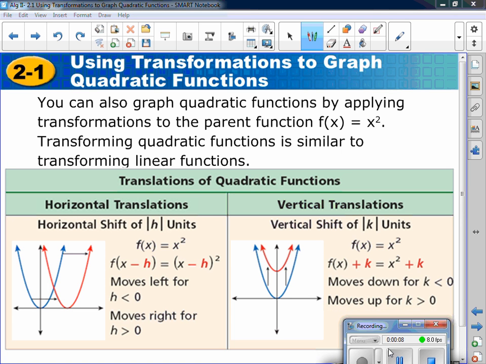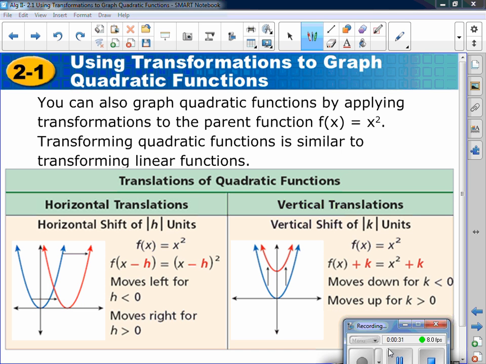Transformations to graph quadratic functions. When we're talking about the different translations, or the different transformations, the first one we talked about in chapter 1 are your translations. If you have a function, and we're just going to say f of x equals x squared for the entire chapter. If we have f of x minus h,